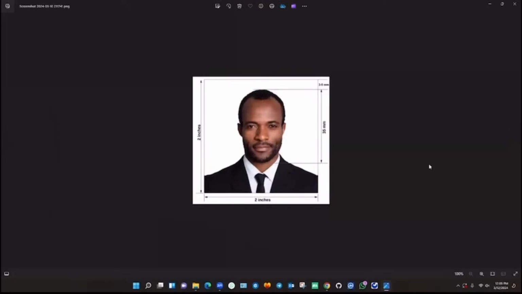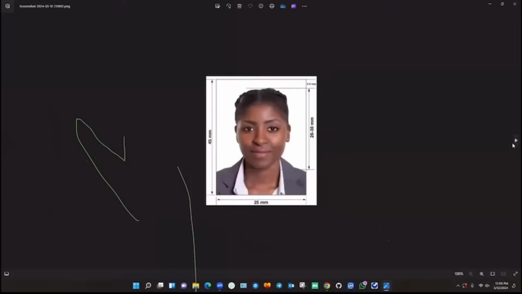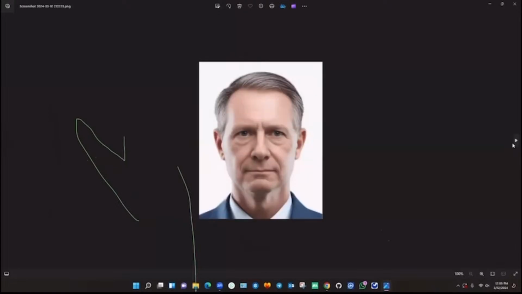You can as well upload a picture that looks like this. We want to see your face. We also want to see how you look, your eyes, your eyeballs. You can decide to put a little smiley face or not. That is your choice. But don't smile too much because you are going to spoil the picture. You can as well decide to do it this way or this way